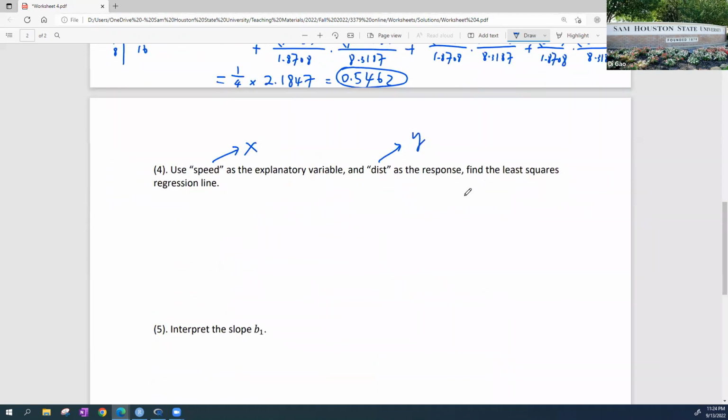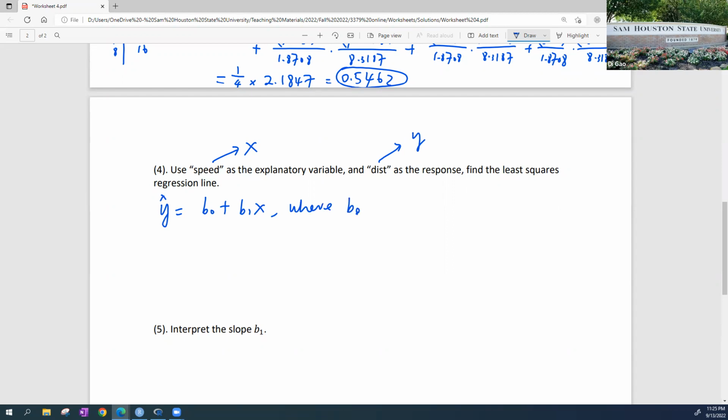So now we want to find the least squares regression line, right? So the least squares regression line's formula is y hat equals b naught plus b1x, where b naught,